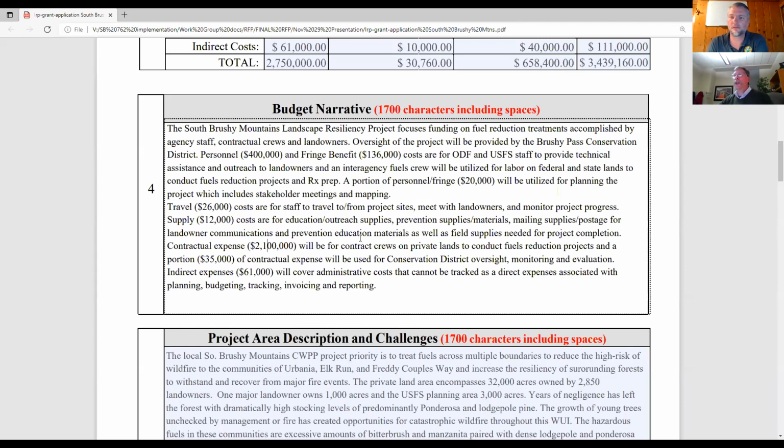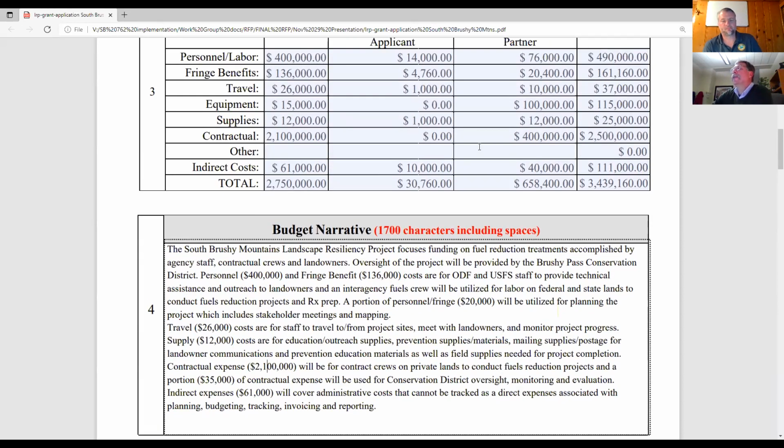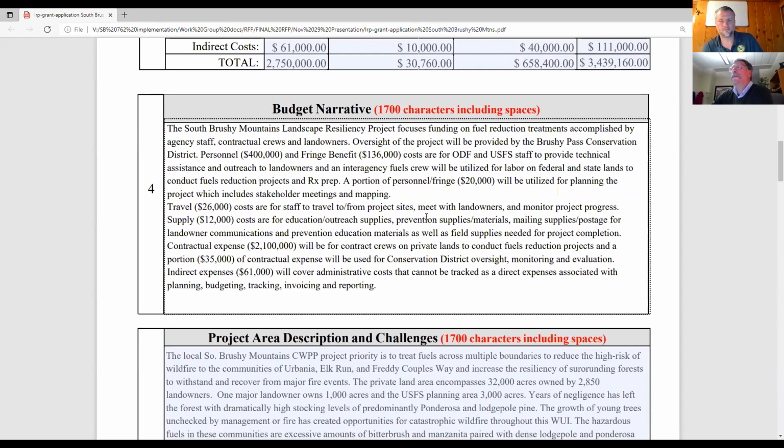And so that really is what's called for in the request for proposal. And that is well below the threshold of 20% for planning and 10% for evaluation and monitoring. But the work group, the folks that are reviewing this, are able to recognize that a portion of it is going for that overhead, so to speak, to make sure that the job is done, it's planned, and it's evaluated, and there's a reporting component to it. But that the lion's share of expense, again, over $3 million, including match, is available for on-the-ground work,